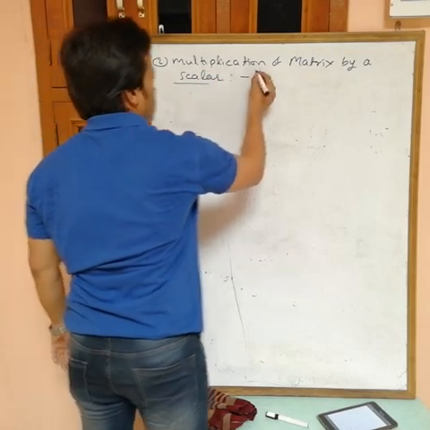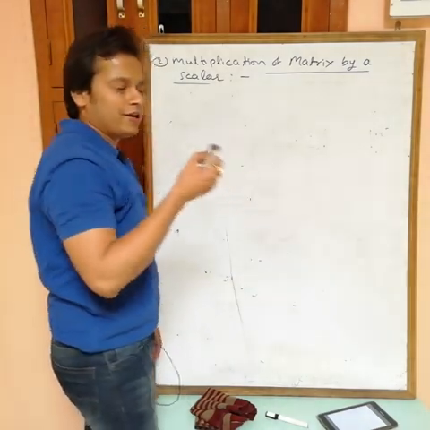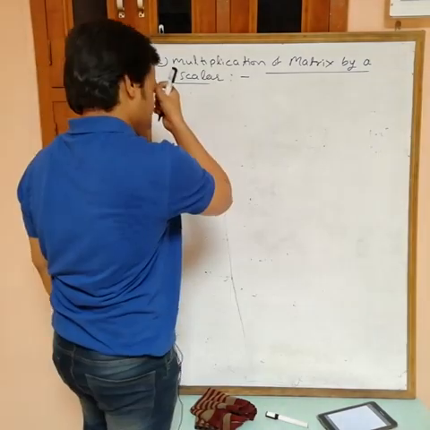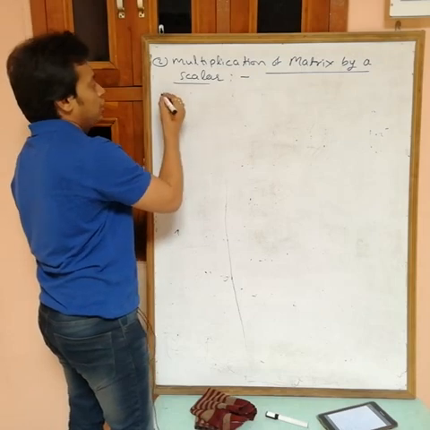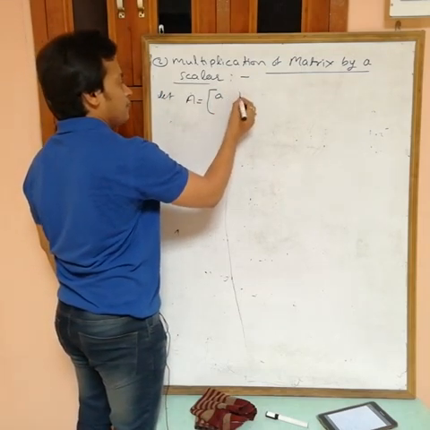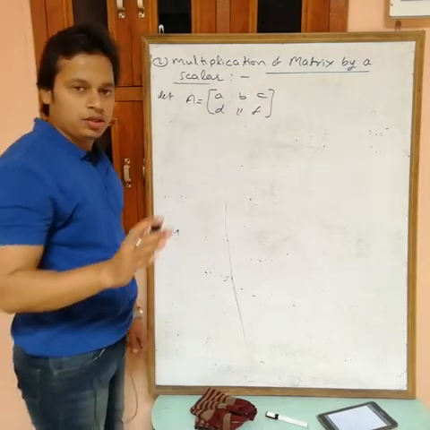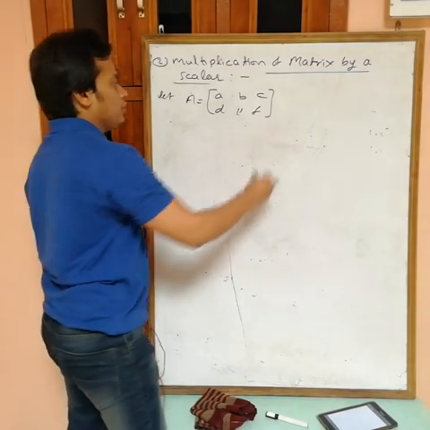It means you want to multiply any matrix with a scalar quantity like 2, 3, a constant. Now suppose we have A equals A, B, C, D, E, F, a 2 by 3 matrix, and you want to find